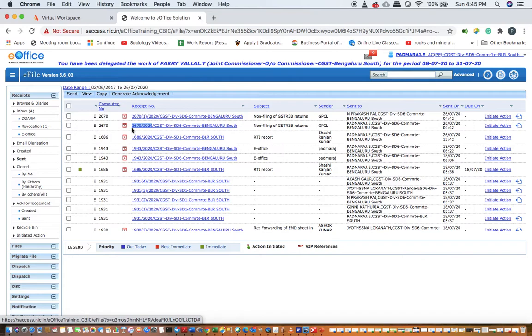Okay, so this receipt number that is generated by the system has to be written on top of the physical letter, and that physical letter should be kept in an IC file.